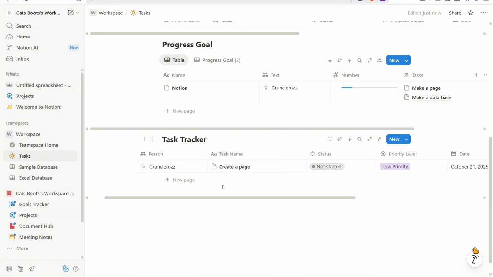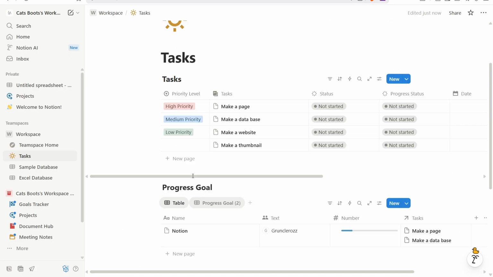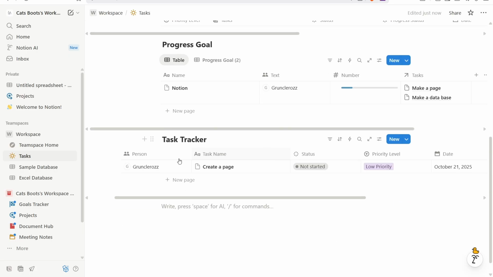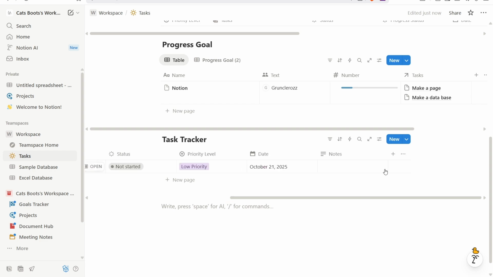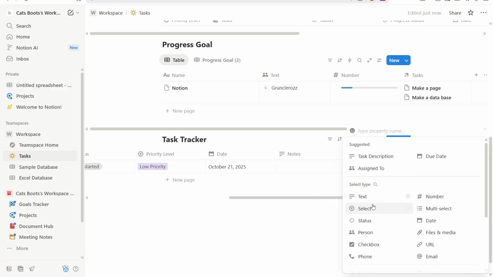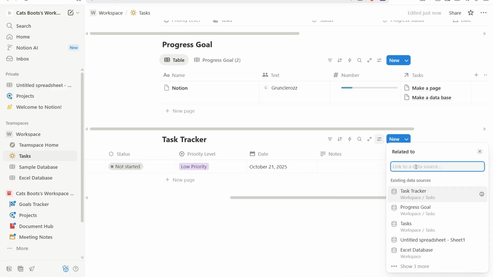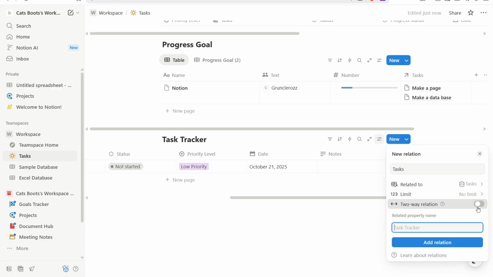So on this task tracker here, we could do a few things. We could either add new tasks or link specific tasks in here into the task tracker itself. To do that, we can go to the last column of the task tracker and add a property for relation. Within the relation property, make sure that this is connected to the tasks itself and make sure it is a two-way relation. And then we can add a related property to relation,